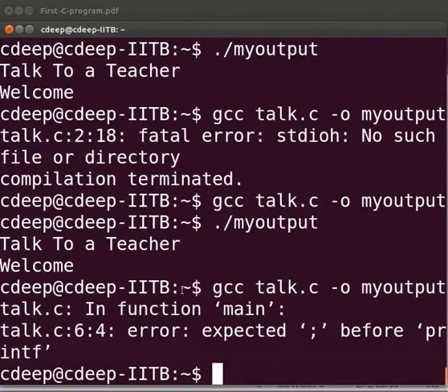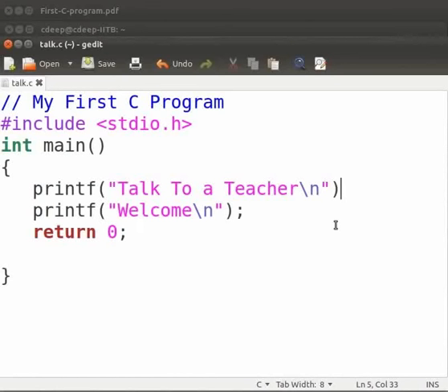Come back to our program. As I said before, semicolon acts as a statement terminator. So it will search for it at the end of line 5 and at the beginning of line 6. This is line 6. This is the last place where you can put the semicolon. Recall that the compiler also gives the error message on line 6.